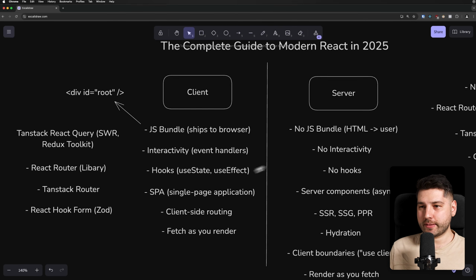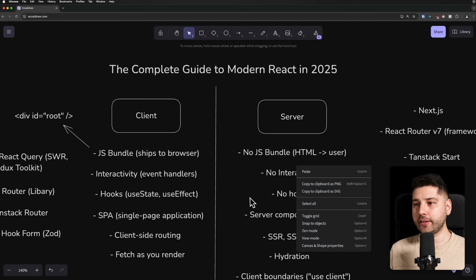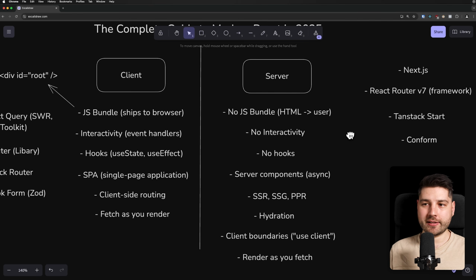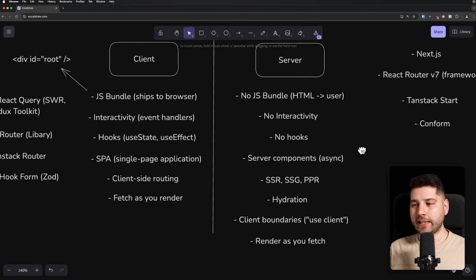And there you have it. I think this video has been long enough, but I hope that it's been comprehensive. This is the complete guide to modern React in 2025. Here you have all of the things that you now need to learn about and be curious about and get familiar with. And now you have a roadmap of things to do for this upcoming year and beyond. Now, I just want to say and really stress that you're not supposed to know everything and you're not supposed to feel overwhelmed or depressed